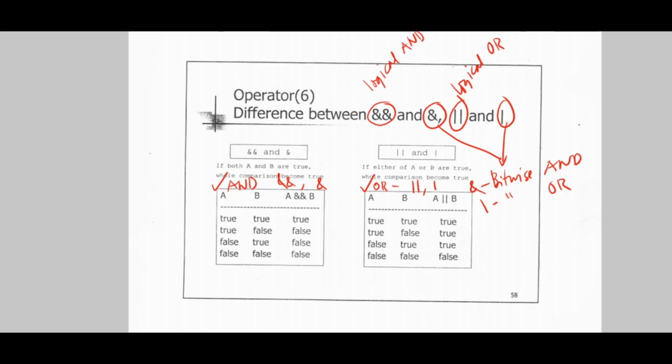So say for example, we have two operands A and B, and we are trying to perform the AND operator on the two. If this is true and true, the result is true. True and false is false. False and true is false. And false and false is false. Now remember that for the AND operator, it will only result in true if all the operands are true. If at least one operand is false, the result is false.